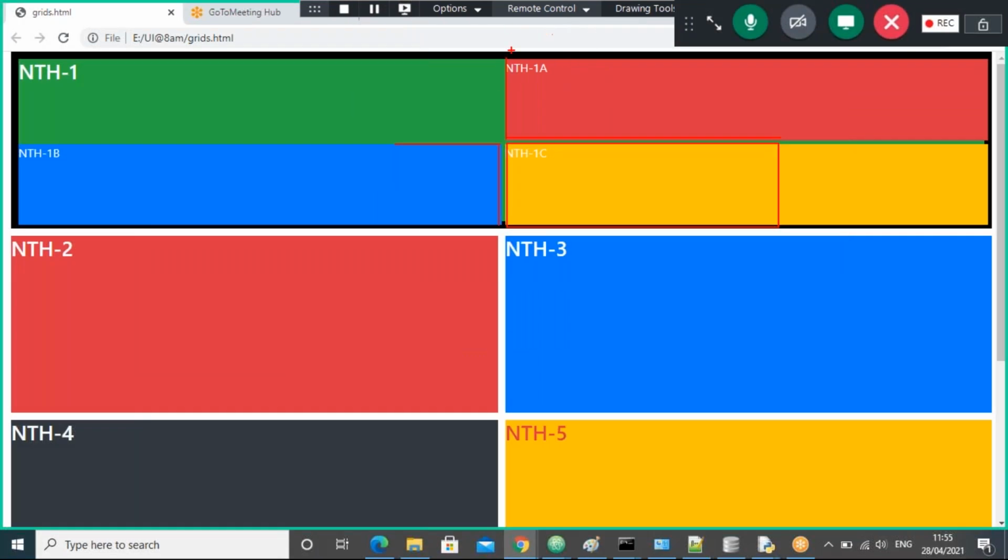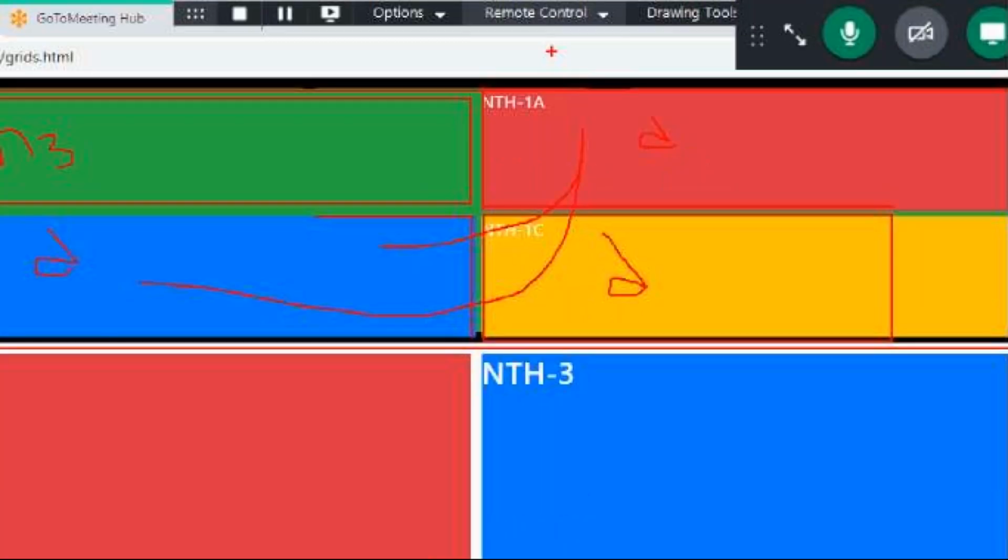Okay, what is the meaning here? On this grid one, we are creating these three, so that it's occupying as the first one, H1. This is the H3 tag. This is the one subgrid. This is the div tag. This is also a div tag. This is also a div tag. These four are there in the main grid one, guys. For grid one, what is the default color? We are taking the success color. So that's why these four are created on that one.